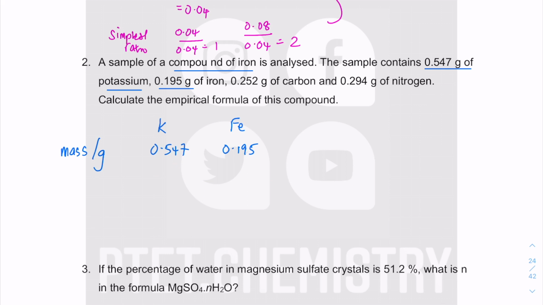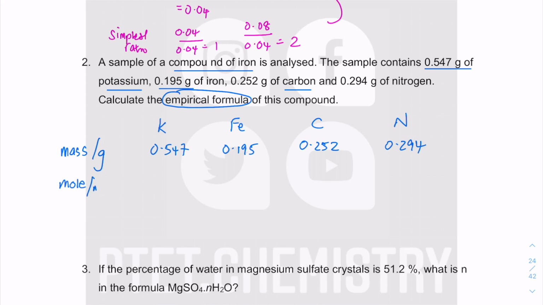Without label, this has no meaning. Without units, this has no meaning. But I write down the label and the unit. This is stroke gram, this means mass in gram, so I don't need to write down the unit again and again. Oops, before nitrogen I actually have carbon, so carbon and then nitrogen, so I have 0.252 gram of carbon and 0.294 gram of nitrogen, and I want the empirical formula of this compound,